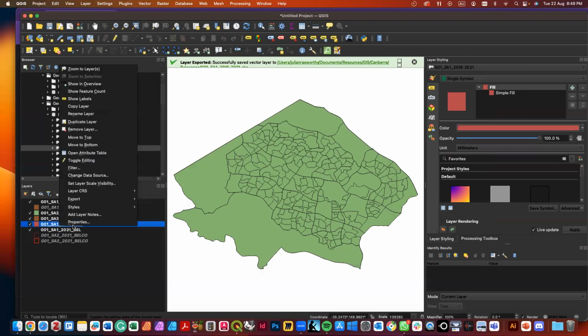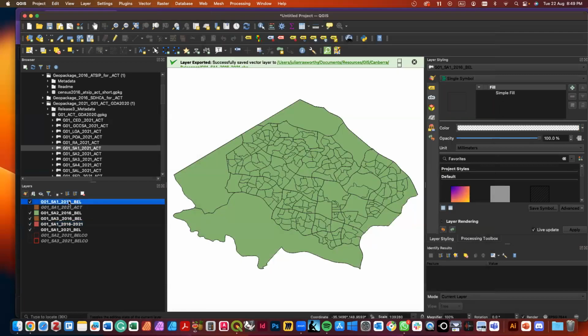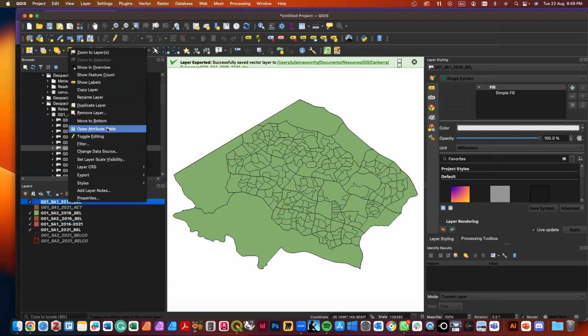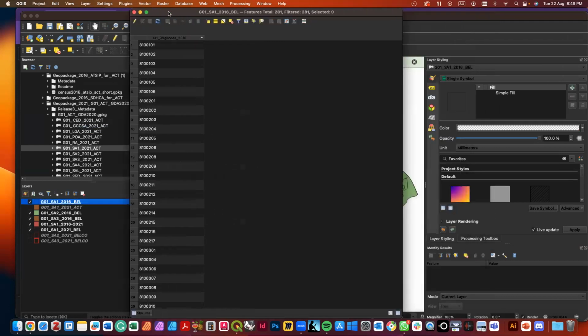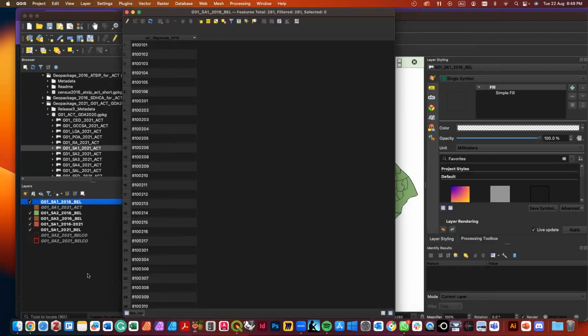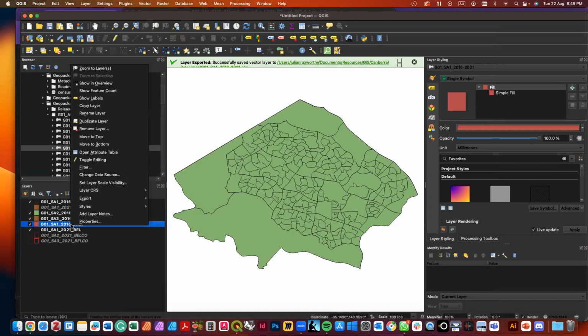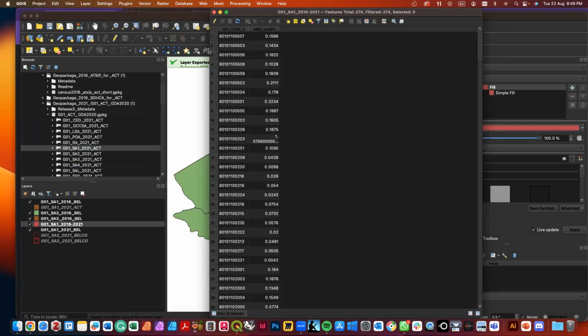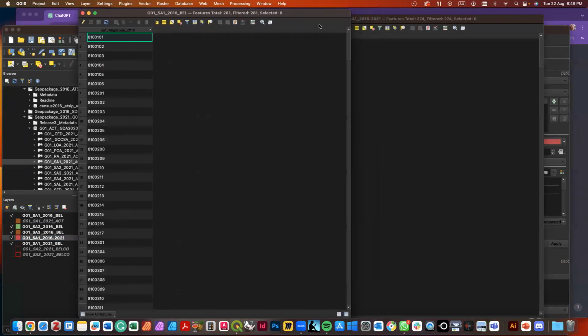Now, if we look at the attribute table, here are these SA1 codes. That's the 2021 codes because that's the one I based it on. But, and I know this because I looked at it already, let's look at this other attribute table. Not as long, 7 digits. So if we keep this here, and once the rolling cursor of death arrives, we'll then go back to this other one. Let's look at that. Open the attribute table. Now, if we put those next to each other, what you'll see is